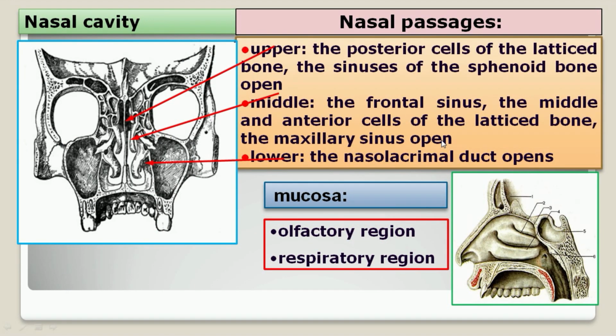Nasal cavity, nasal passage divided into upper, middle, lower. Upper: the two posterior cells of the ethmoid bone and the sinus of the sphenoid bone open. Middle: the frontal sinus, the middle and anterior cells of the ethmoid bone, the maxillary sinus open. Lower: the nasolacrimal duct opens. Mucosa: olfactory region,